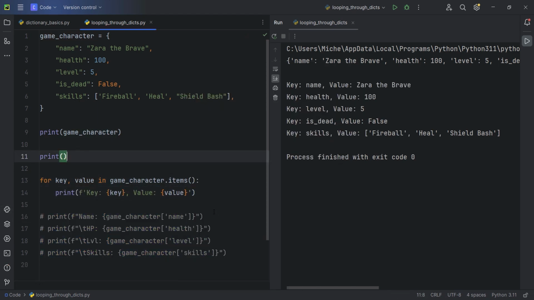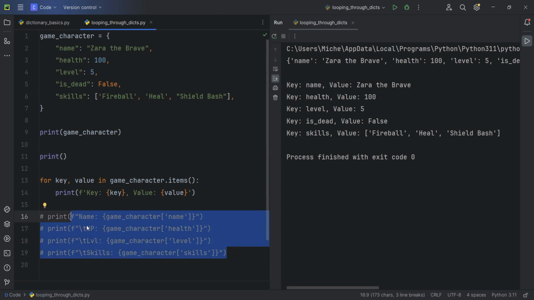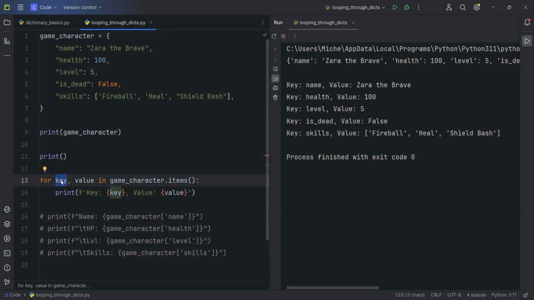So, as you can see in here, instead of printing out every single key and value individually, I can create a for loop. I have two temporary variables. I have the key and then I have the value. And just like when we were working with the enumerate, if you don't remember the enumerate, you can go back to a previous video. The items function right here on the game character dictionary works